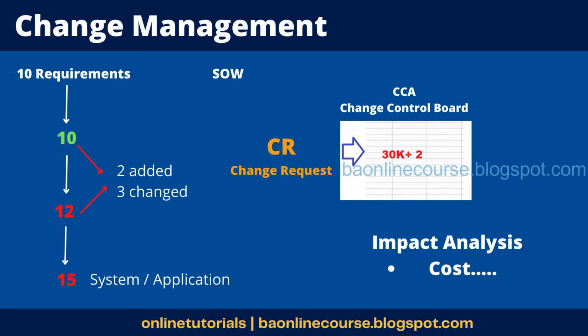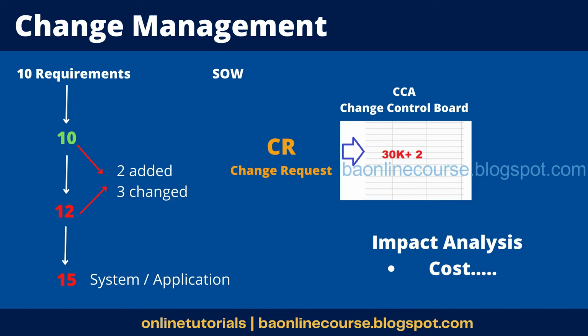Timelines also could change. You'd be paid some additional money for the additional effort that you're taking in. Then you also increase the effort. Let's say you added 1.5 months for those 5 additional requirements coming in. So all this has to be done. How does this process happen? I'll explain. But the first step, when you are taking the request, make sure that it's coming in as a change request. All right? So this is clear, right?